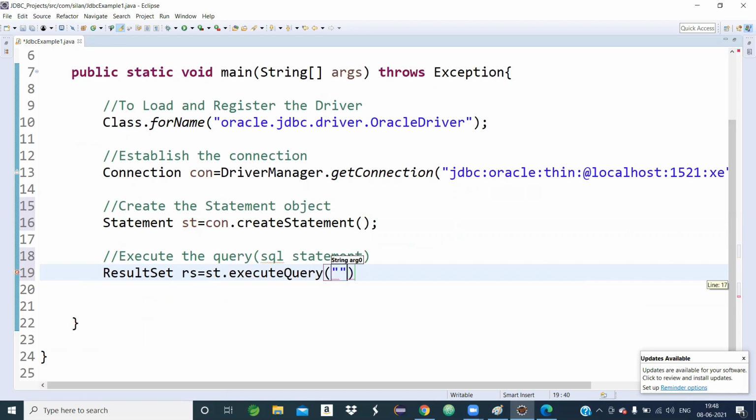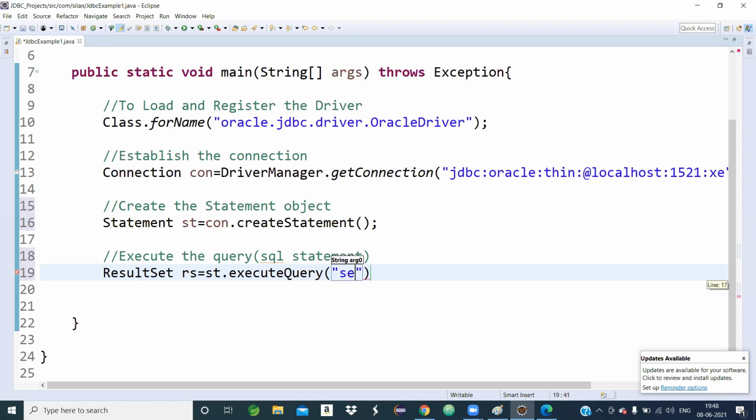I invoked the execute query method by st, and st is the statement object. So the execute query method comes from the Statement interface. It takes an argument, and that argument is very, very important. That argument is your required SQL statement.